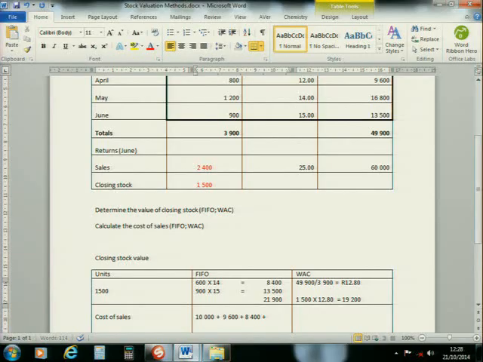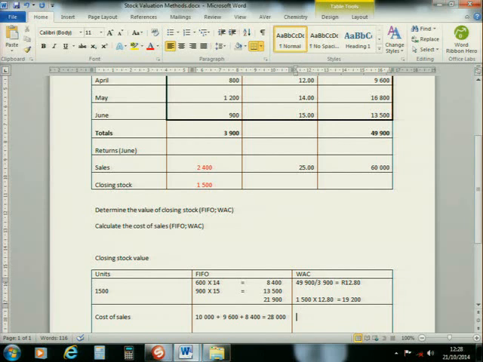Then you add them, 19,006, or you can go this way, 10, 18, is 28,000. That should give you 28,000. That is the cost of sales using FIFO, and the cost of sales using the weighted average will be